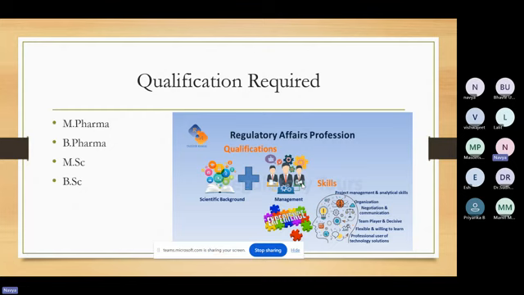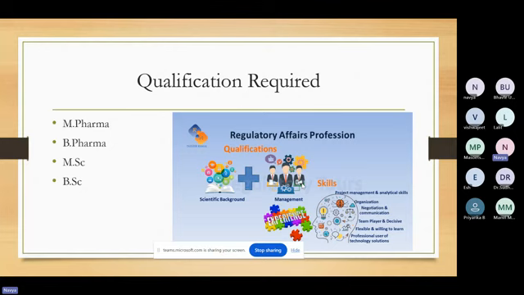So you should have the mindset where you can explain the RA strategies which are formed when we file the variations, or you should be able to answer them at that point of time. So the most important things to be an RA professional are your communication skills, your analytical skills, your scientific background, and your technical knowledge about the products. In a pharmaceutical industry, we communicate within our circle, like the people around us, or your boss, or your GM, or